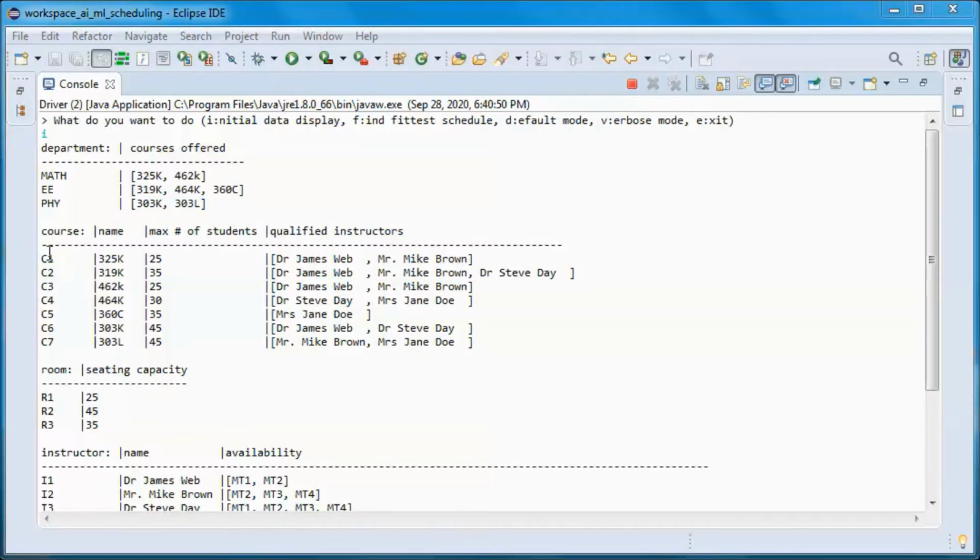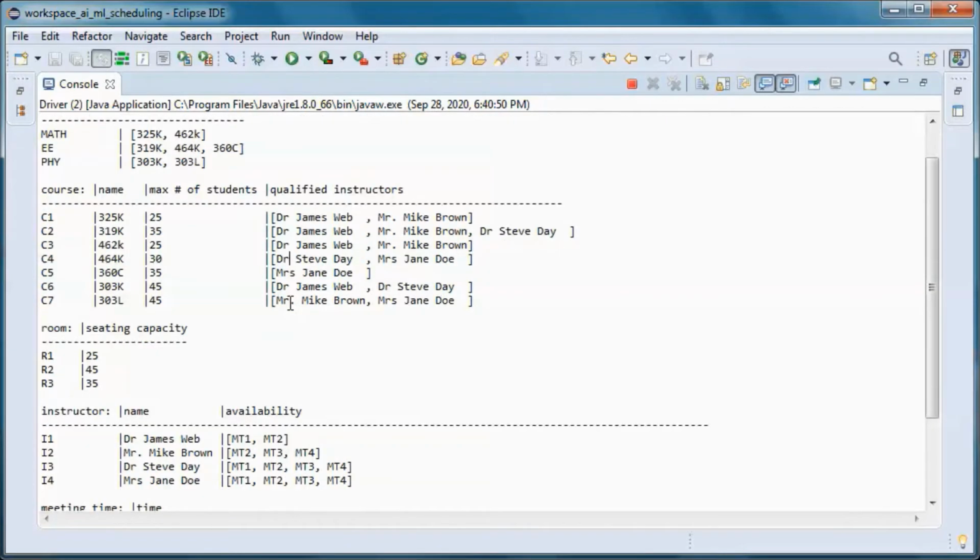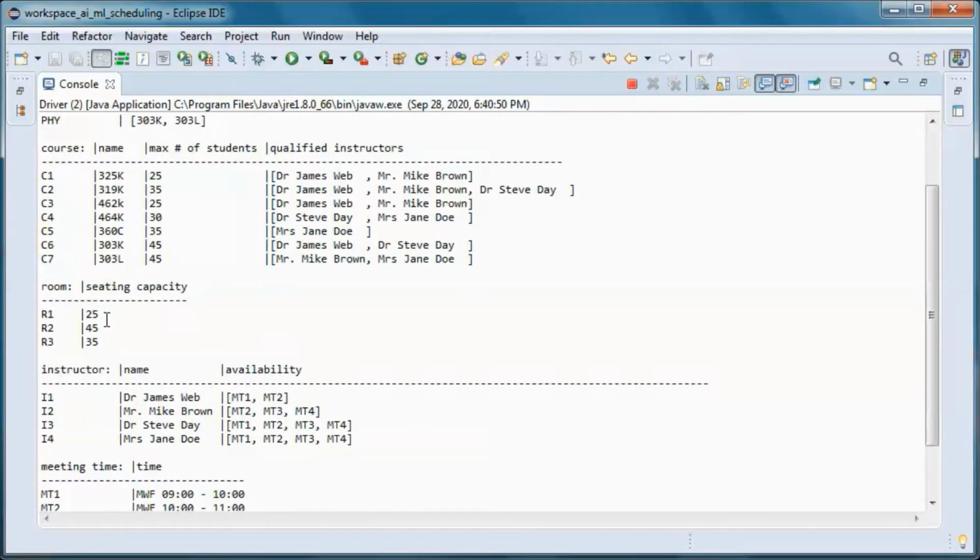And for each one of the courses we have its name and its max number of students and the qualified instructors for teaching that course. And we have three rooms, and each one has a different seating capacity.